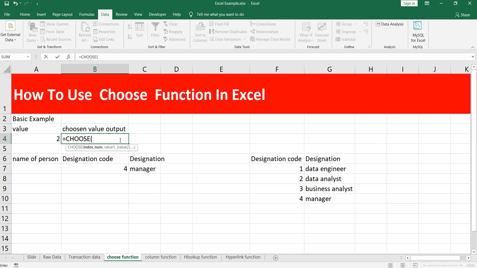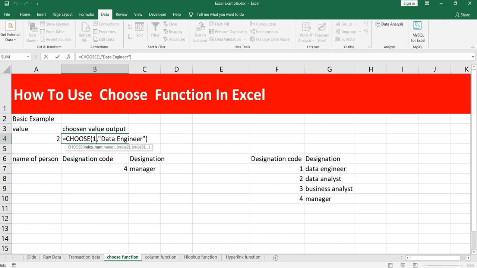If I put CHOOSE, the index number is 1, then I should get the value as data engineer.